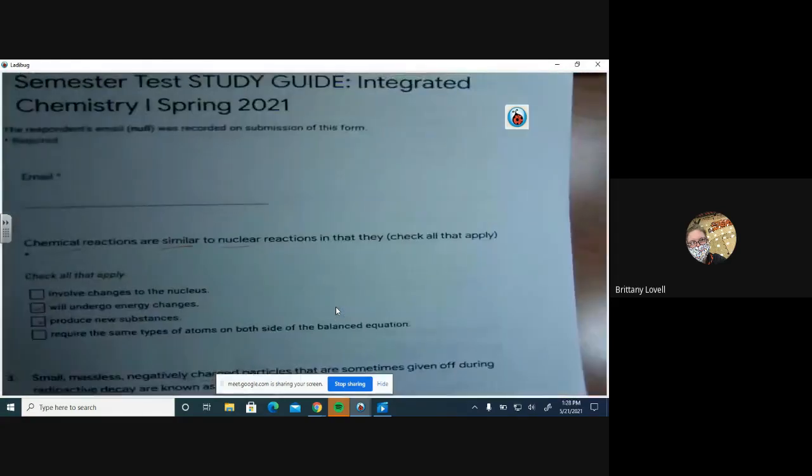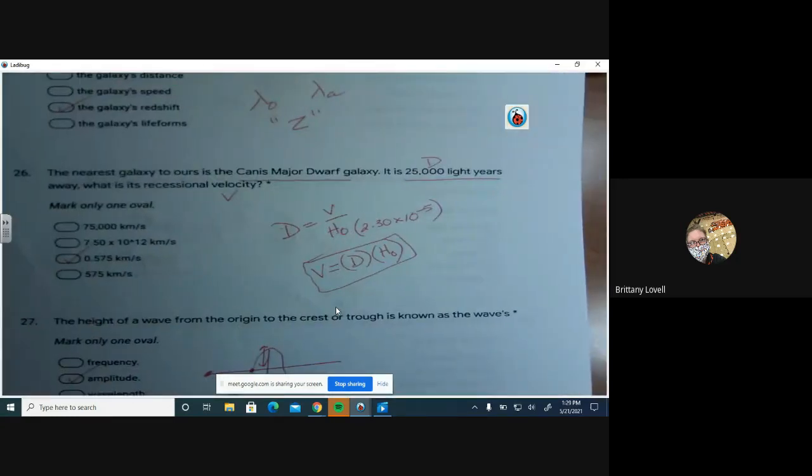So here we go. We're going to start with number 26. You do need to know the formulas, so that's why we're writing these down today. I am not going to provide formulas for you, so you will need to write these down. So number 26,